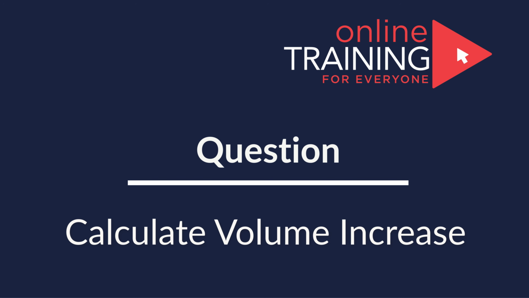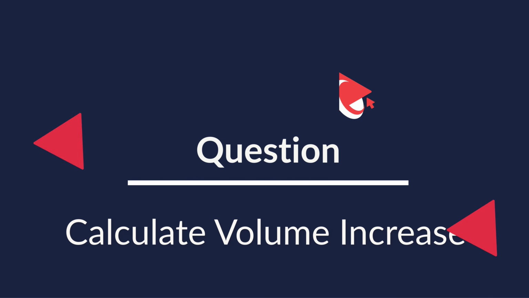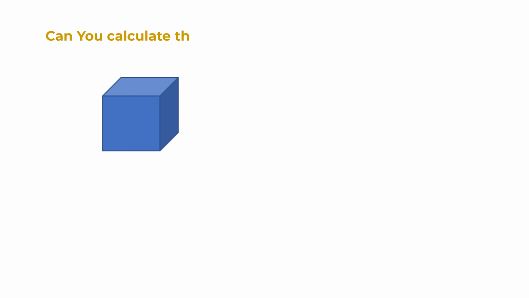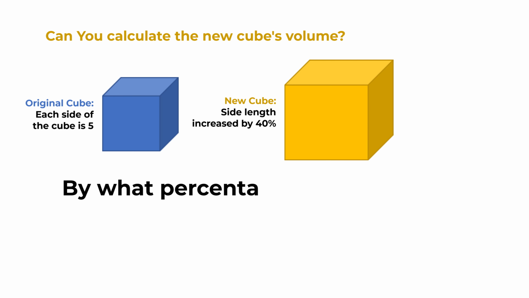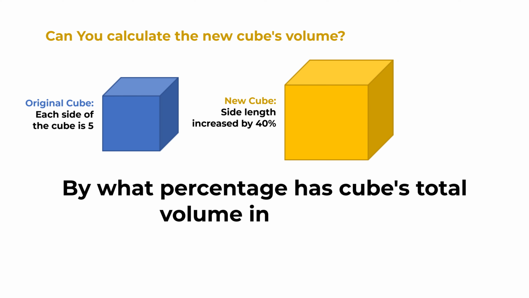Here's a very interesting question we frequently see on the test. A 5 by 5 by 5 cube has its side's length increased by 40%. As a result of these changes, by what percentage has cube's total volume increased? You're presented with 4 different choices. Choice A,